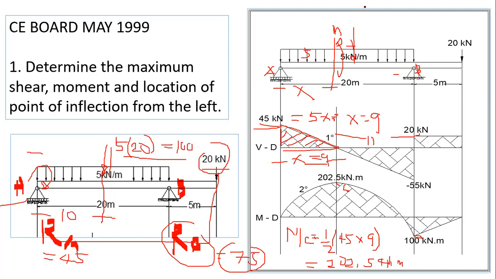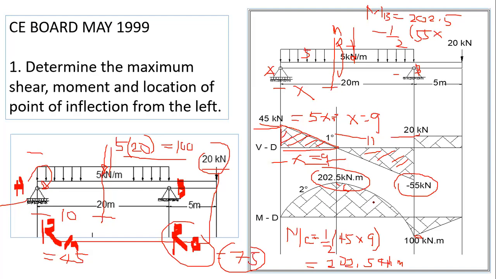Okay, moment B, I'll write it here. Moment B is just equal to, first, you copy this 202.5. That's positive. 202.5, and then this one, this area. Since this one is negative, meaning you can just deduct. Minus 1/2 of that area is 1/2, 55